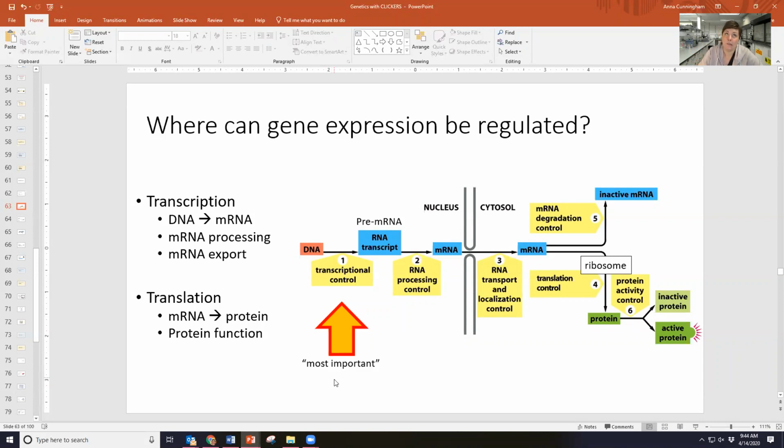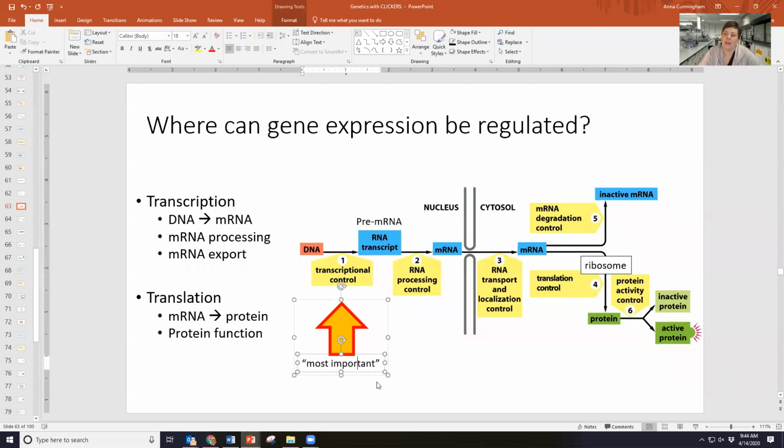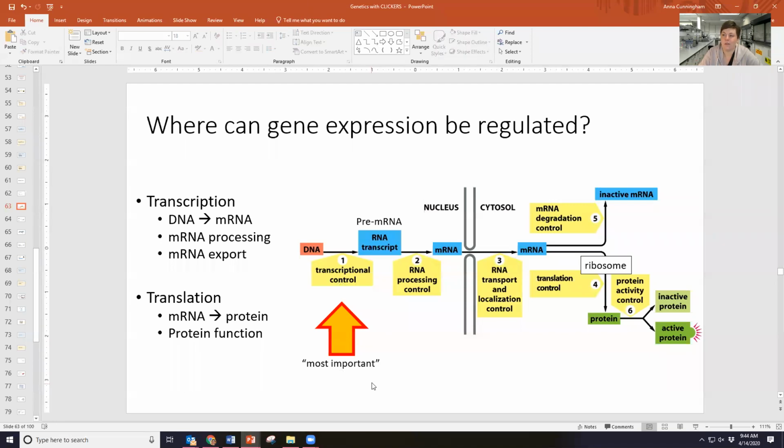I really don't like in science saying the most important, but I believe that's what your textbook uses, so I tried to be consistent there. But I really don't like saying that because all of these are very important. But regardless, how could I rephrase that? One of the most,